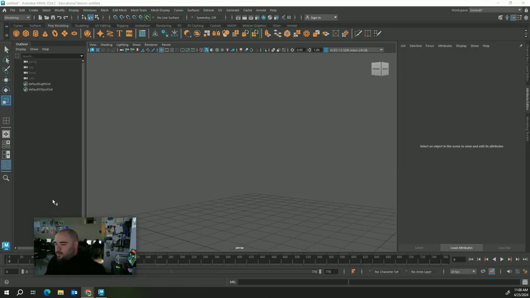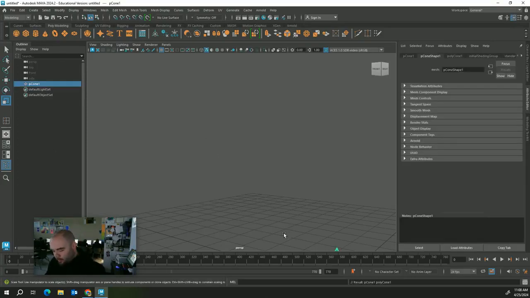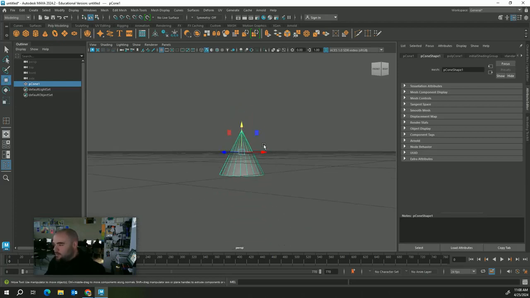All right, so this is going to be a tutorial on how to make different trees for your project. The easiest and most basic way of making trees is to take these cones. So this is one way to make trees. You can just take a cone,